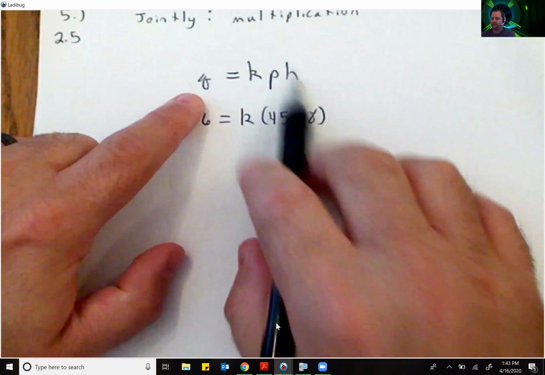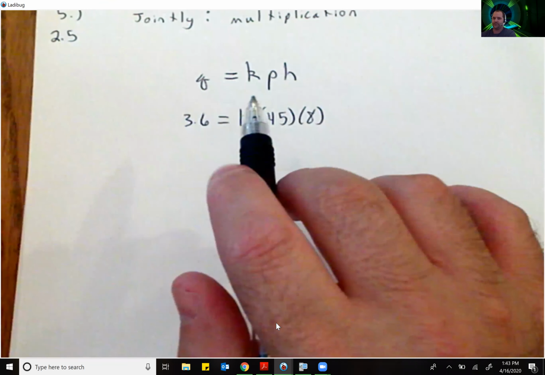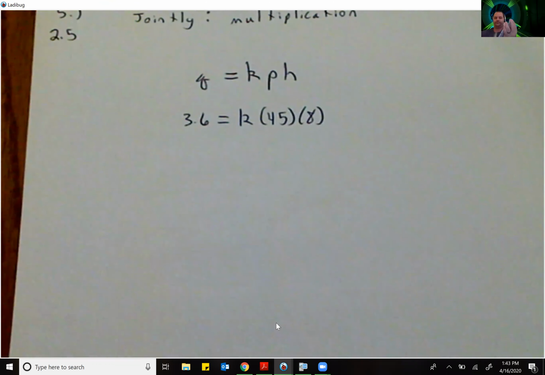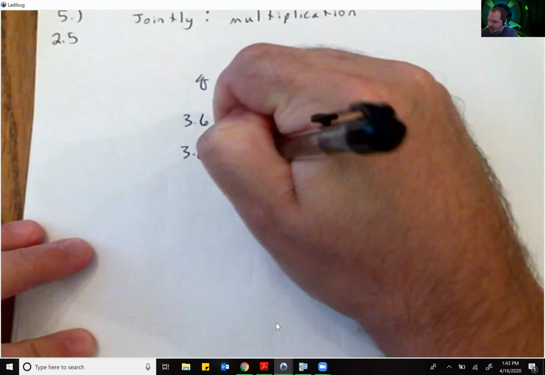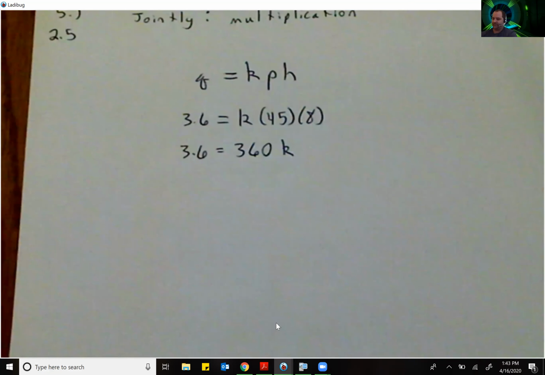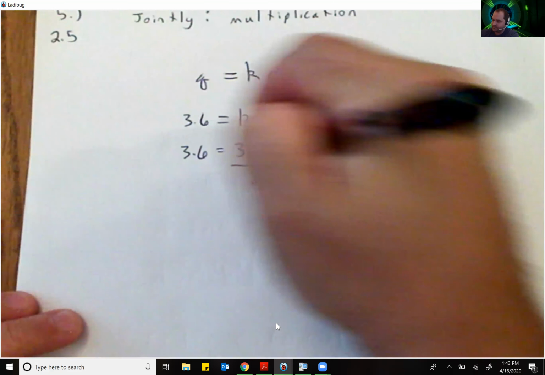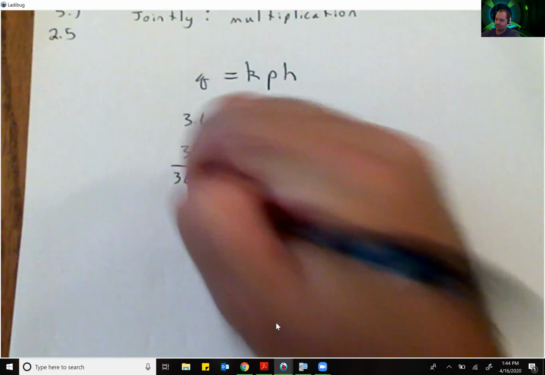And again, look, we don't know what K is. That's because we're going to find out what it is. So we're going to take 45 times 8. 360. Okay. So we got 3.6 equal to 360 K. Then divide by 360. So 3.6 divided by 360 gives us K equal to,